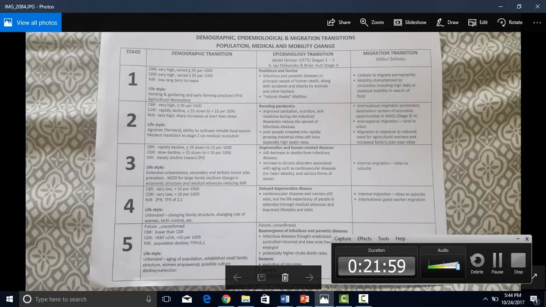That in-migration is because some of the folks from stage 2 countries see your country as a better possible source for them to settle and to work and to make a living. You'll also see internal migration in stage 3. Usually the interregional migration is slowing down by stage 3, and instead it gets replaced with intra-regional city-to-suburb movement as